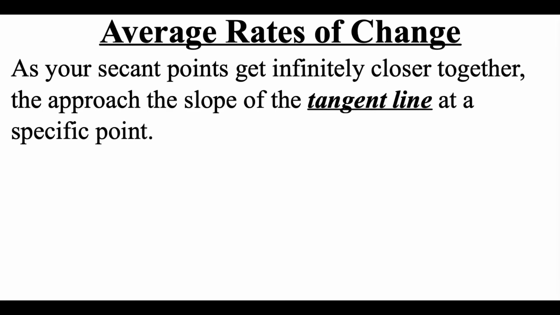So as your points get infinitely closer together, that approaches the slope of what's called a tangent line. And a tangent line is a line that just barely touches a curve at one point. So that would give us a better idea of what the growth rate is